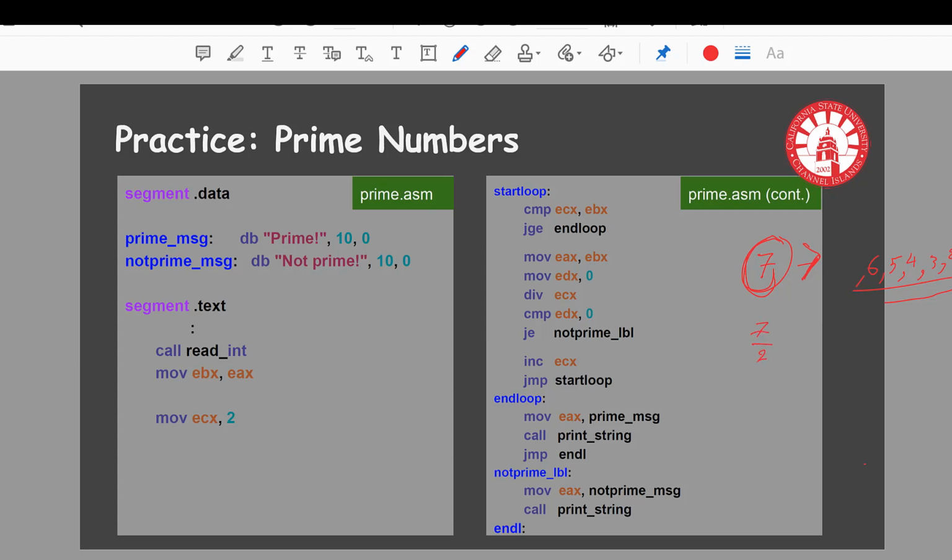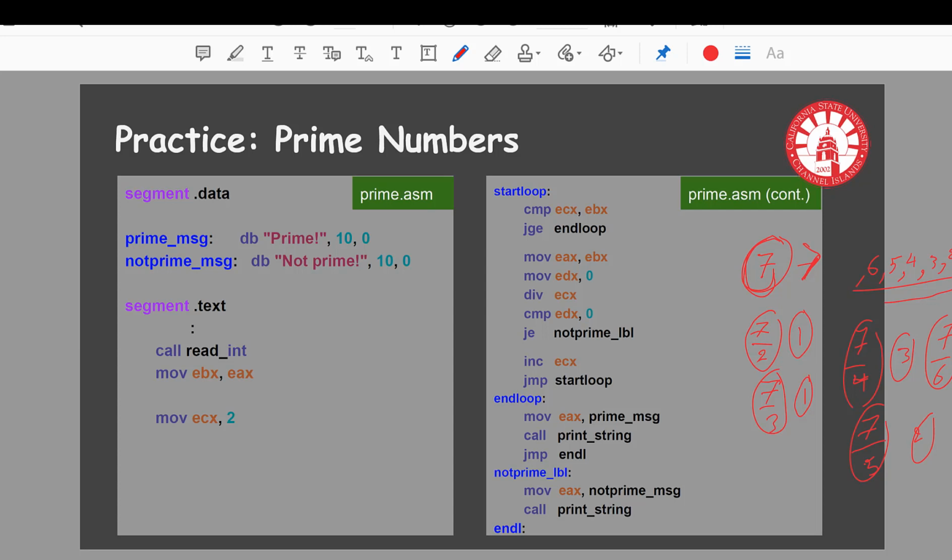So if you take a look at this, we start by dividing 7 by 2. 7 by 2 is going to be 3, and the remainder is 1. Since the remainder is not 0, we move to the next number. Then we divide 7 by 3, and the remainder in this case is also 1. Then we divide 7 by 4, and the remainder is 3. Divide 7 by 5, the remainder is 2. And then we divide 7 by 6, and the remainder is 1. So in all these cases, the remainder is not 0. Therefore,